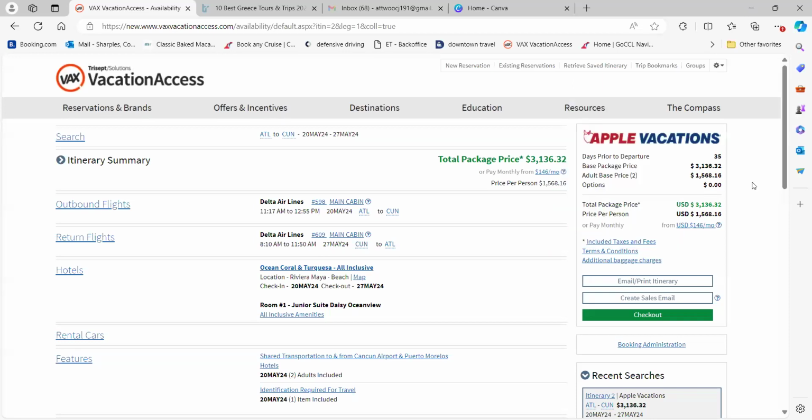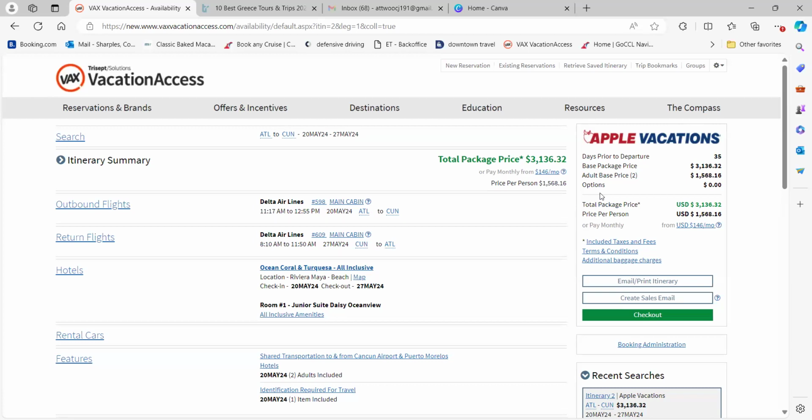With VAX, if you're doing a mock booking, keep in mind as well that once in a while, now they don't have it on here, they must have taken it off within the past few days, but they had a spring savings sale. So if you see savings where they're saving a bit more money on here, you want to pay attention, because those could come off at any point. So if it was originally giving them a discount of, let's say, $75, they could come in here tomorrow and it's going to go up $75 because that discount fell off. Plus, they're going to pay more because maybe the flights went up. Nine times out of ten, if the cost increases the next time you go to book it, the flights probably changed.